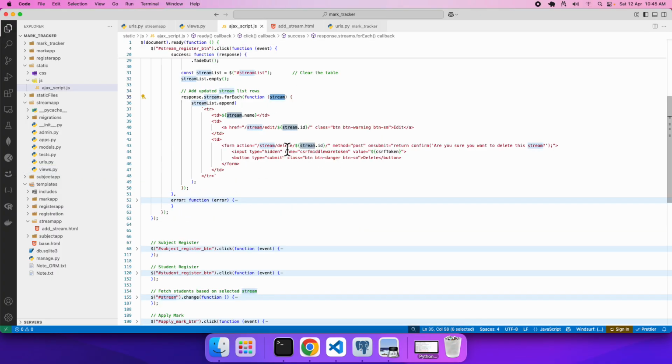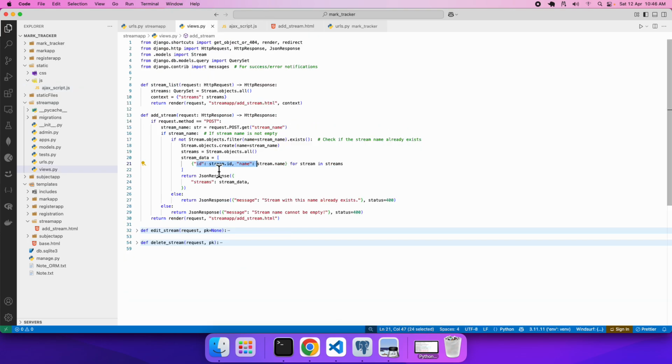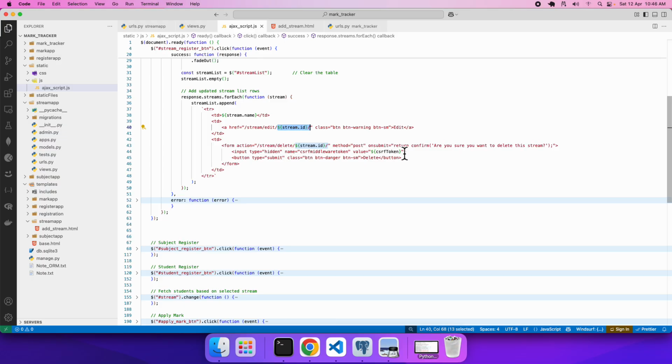So as you can see over here, I'm extracting the name and that will be shown as one of the cells of my table. In another cell I'm creating one hyperlink which will be redirecting to this particular route /stream/edit and then the ID attribute, because remember the ID was also there. That is going to be the content of my next video,